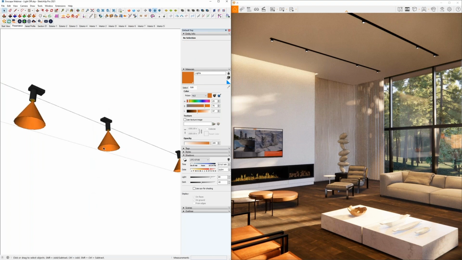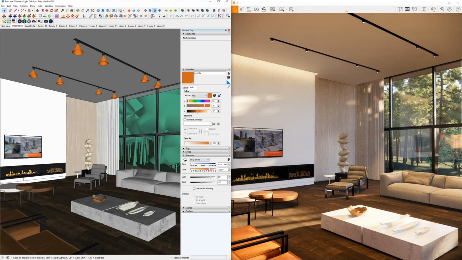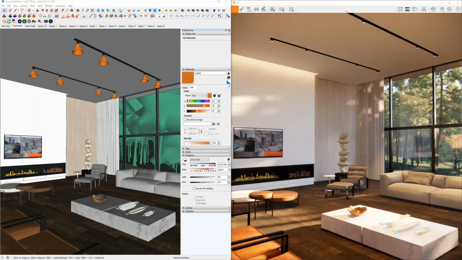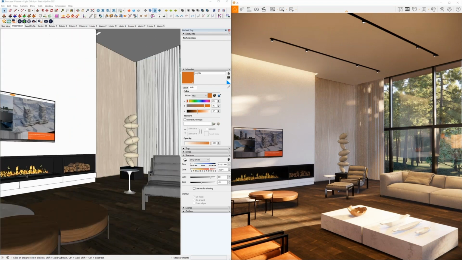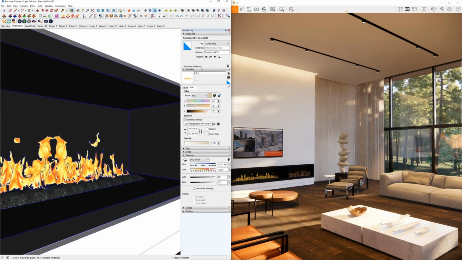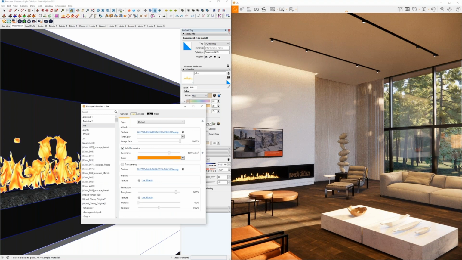Let me go ahead and back out, and your scene is now good with the downlights. The next one I want to mention is the fireplace or fire. It's not necessarily a light, but it's going to function as a light in our scene. If we go back here and sample the fire, notice the dot fire, same practice. We just turn on the material editor and turn on self-illumination. It lights up, but it doesn't necessarily cast a nice shadow or glow effect onto the rest of the